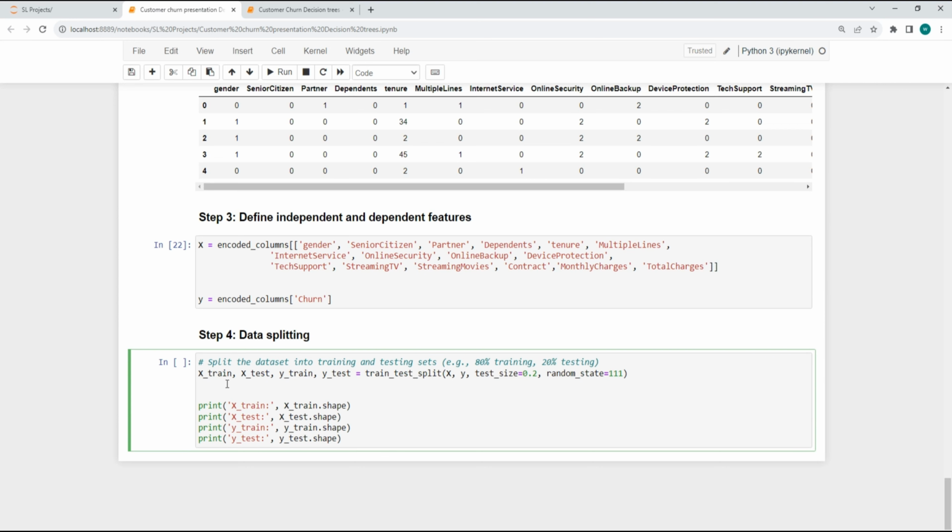And for data splitting, we are going to split the data set into the training and the testing sets. In this case, 80% of the data will be used for training and 20% will be used for testing. So X_train will be the variable that is going to store our data that will be used for training. X_test will store the data that will be used for testing. Y_train will be used to store the target variables for training, and the Y_test will store the target variables for